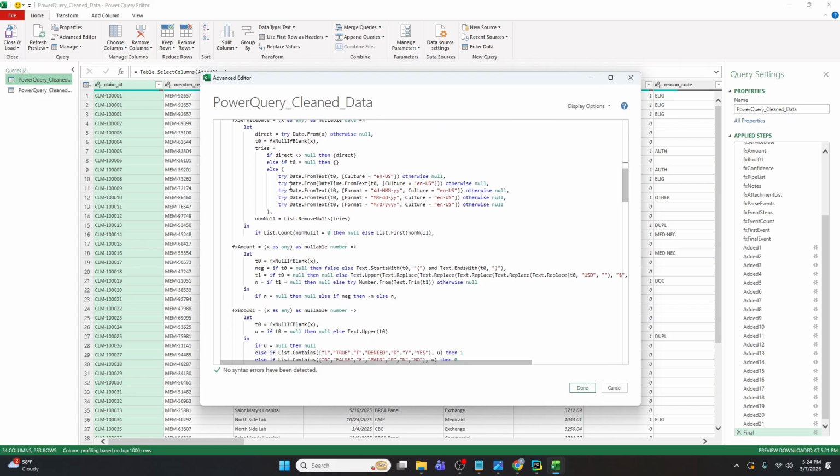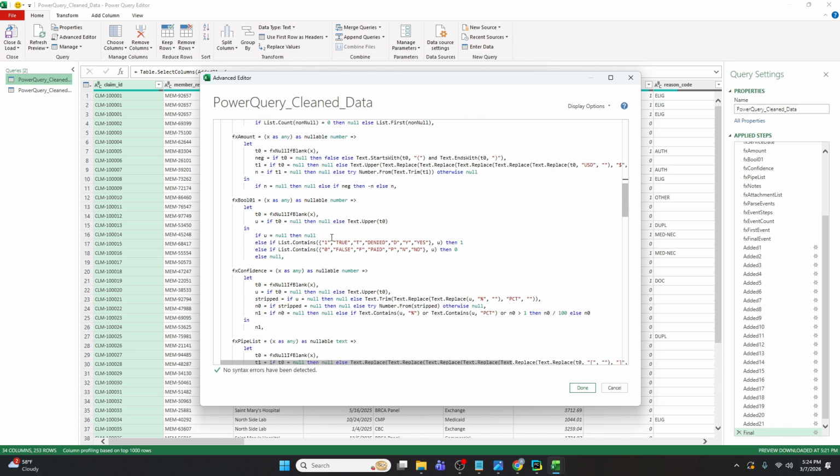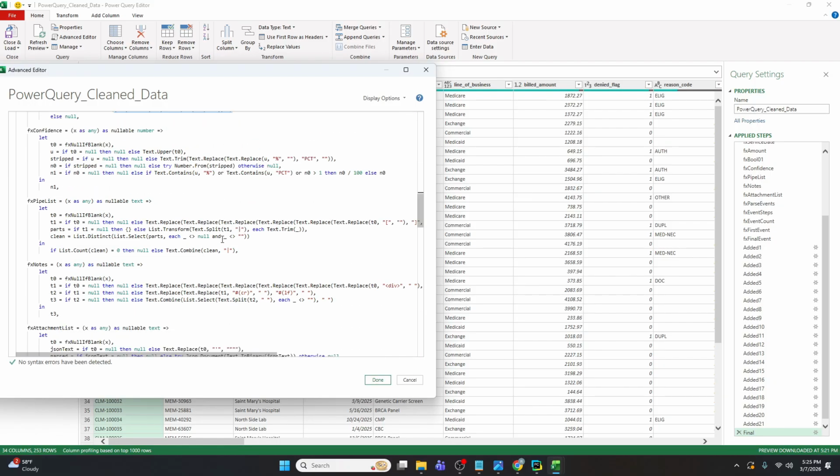And it saves a lot of time if you know how to utilize it. The dates right here, remember those dates, those ugly dates, variations of dates. How about those ugly flags? We have like 10 different flags, we just need one. We don't need 5 or 6 different ones for whether it's denied or paid. So